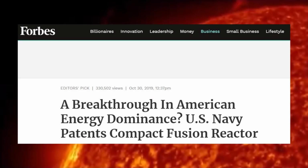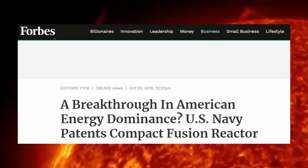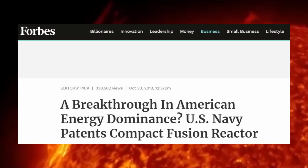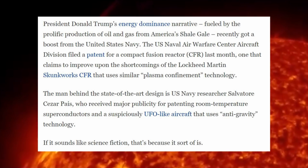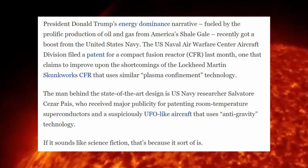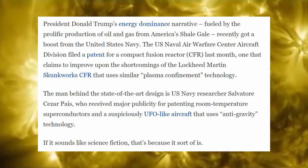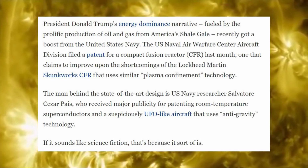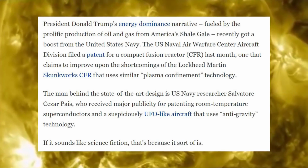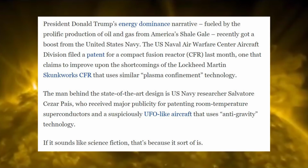Okay, so this from Forbes magazine, a breakthrough in American energy dominance, US Navy patents compact fusion reactor. President Donald Trump's energy dominance narrative, fueled by the prolific production of oil and gas from America's shale gale, recently got a boost from the United States Navy. The US Naval Air Warfare Center Aircraft Division filed a patent for a compact fusion reactor, CFR, last month. One that claims to improve on the shortcomings of the Lockheed Martin Skunk Works CFR that uses similar plasma confinement